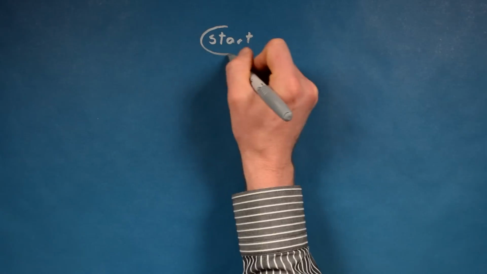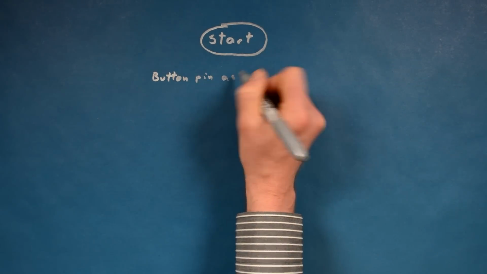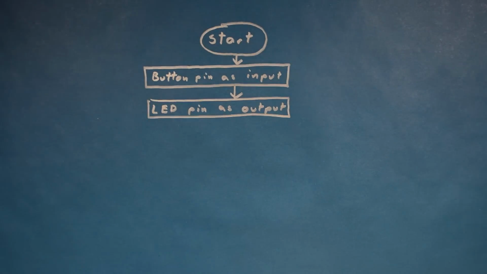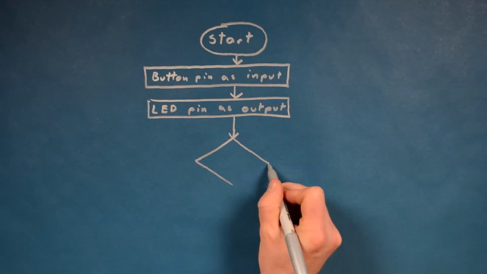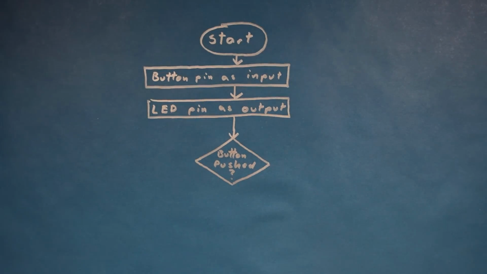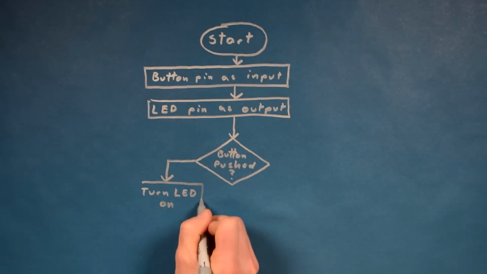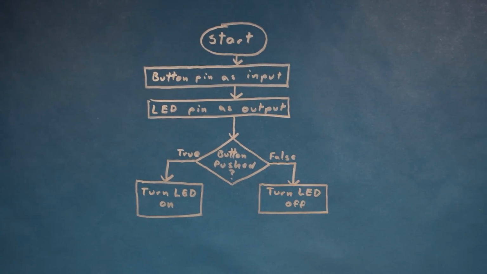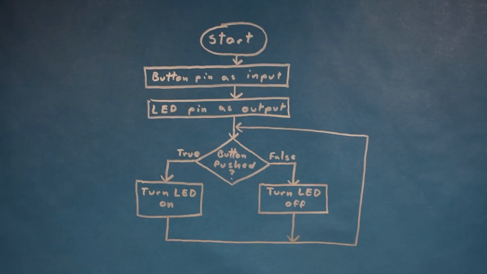As a real example of using if statements, let's say we have a button we want to press and have it execute some code. To do that in code, we would first set the pin connected to the button as an input. The program will be able to see if the button has been pressed or not. We also need to set the LED pin as an output, since we want the program to control that pin. We then want to check if the button has been pressed and, if so, turn on the light. If it has not been pressed, turn off the light. We need to repeat this conditional statement over and over again, so we'll have it in the loop function.